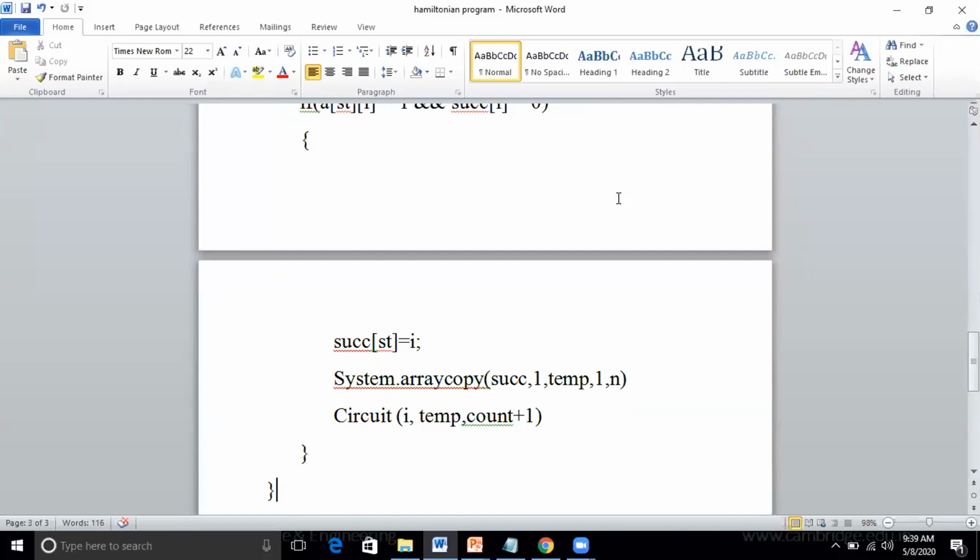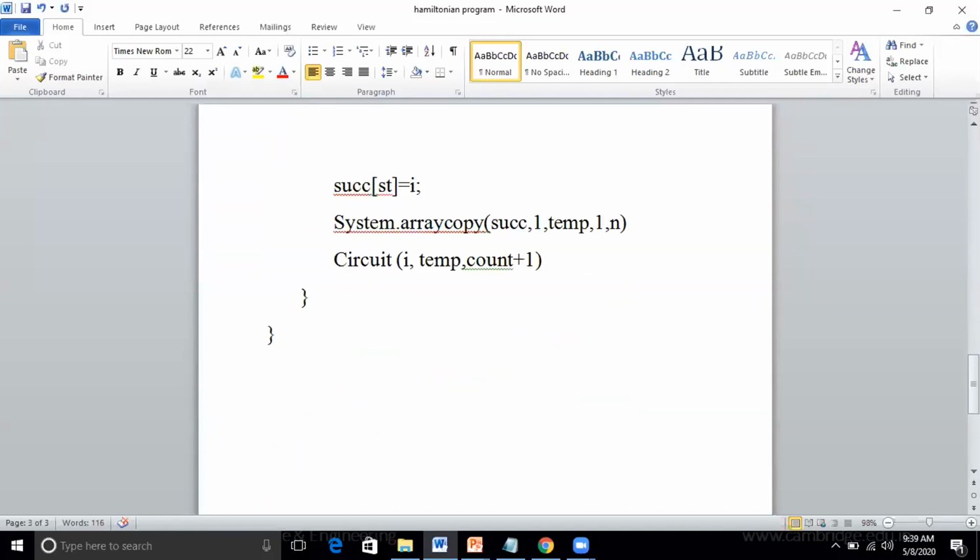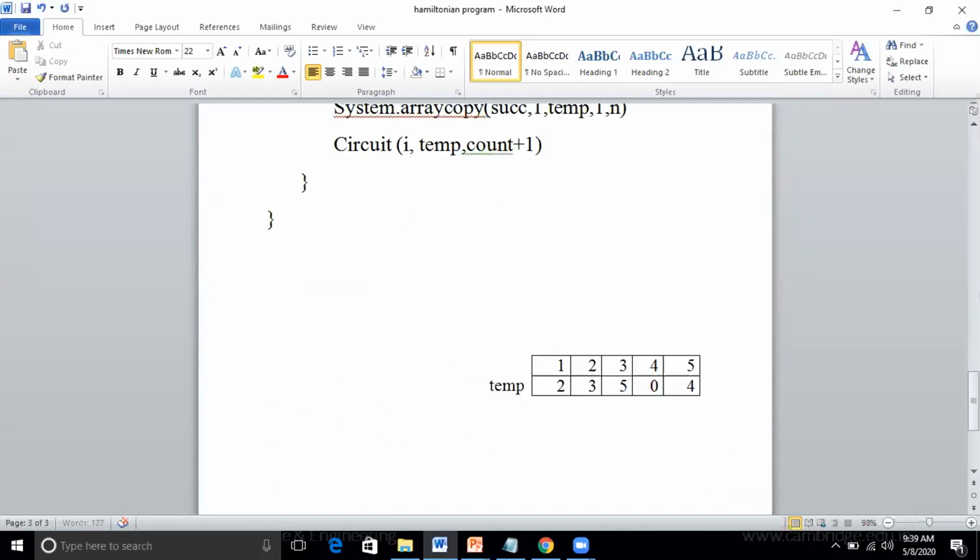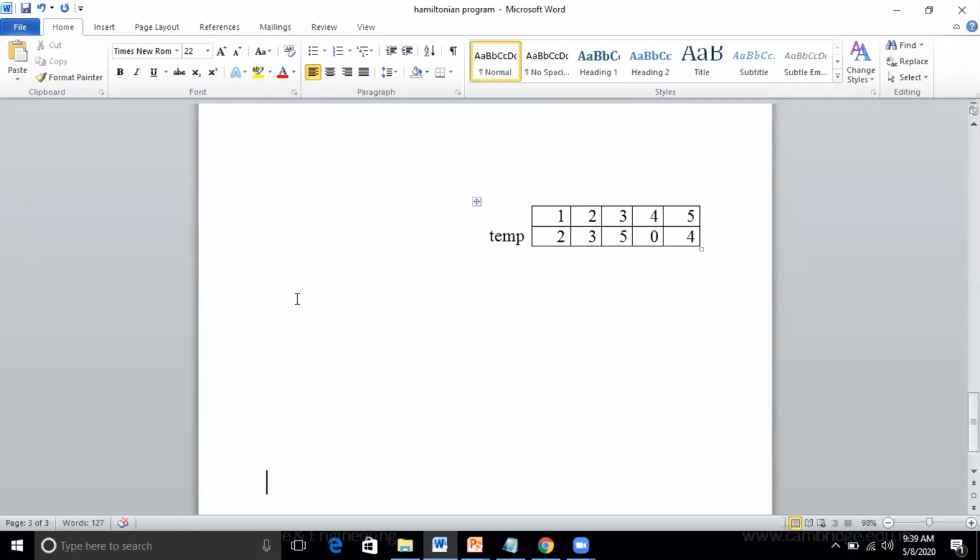I'll copy this here. Now, first I will print in the path function, void path. I'll write the function name later. First, should I print source? Usually the path will be like, so how I gave the path in the PPT?